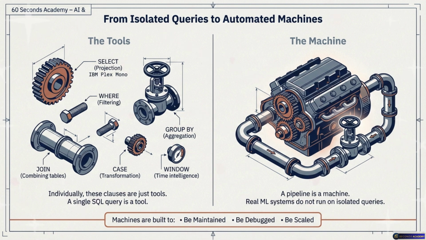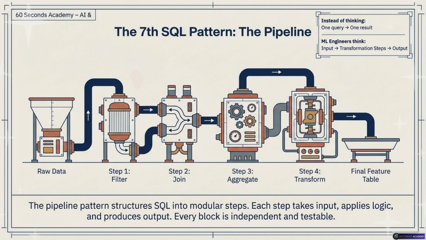Okay, let's unpack this, because before you write a single line of code, you have to fundamentally change how you think about SQL. Let's look back at the individual tools you've learned so far on this journey. The 6 core mechanics. You've got SELECT, which is your projection tool for picking the columns you want. You've got WHERE for filtering data down. JOIN for combining different tables. GROUP BY for aggregating data, finding totals or averages, things like that. Then CASE for transforming your categorical logic. And finally, window functions for that complex time intelligence, like calculating a running total over a 30-day period. Those are your fundamental building blocks. If you know those, you basically know SQL syntax.